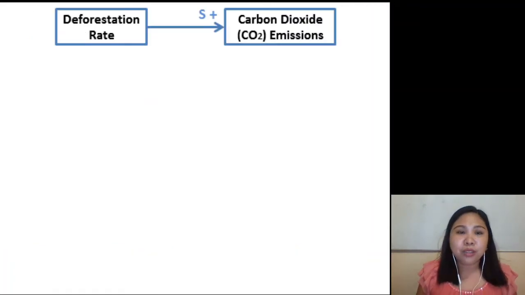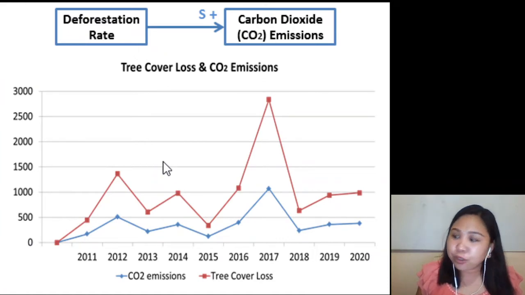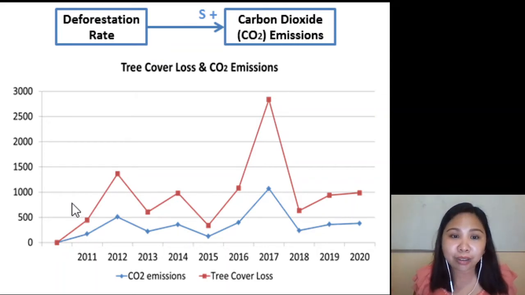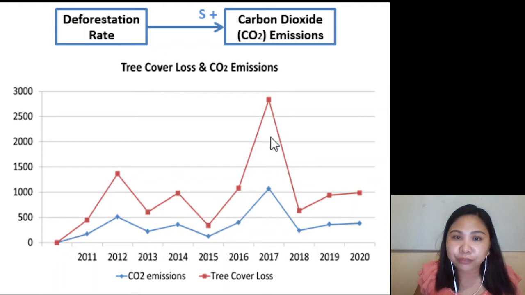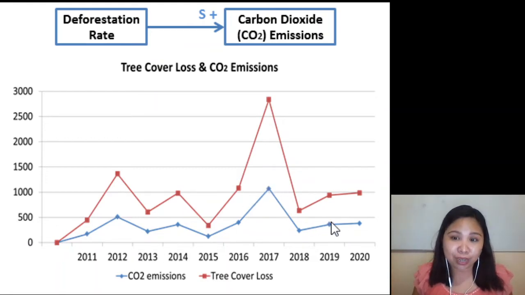So, this is from your activity during our lithosphere lesson. Didn't you see there that tree cover loss and carbon dioxide emission are directly related? The higher the tree cover loss, you can see this in the graph. I hope you got this. The higher the tree cover loss, the higher the carbon dioxide emission, because there is nothing left to absorb carbon dioxide. Okay? So, now,